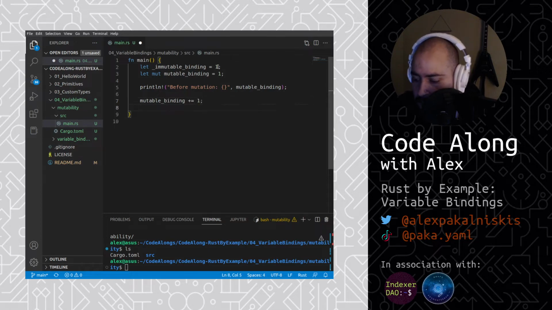This is the same as doing mutable binding equals mutable binding plus 1, but it's shorthand. So we're just adding 1 to our initial mutable binding value, and then we're going to print out the result of that mutation. So after mutation,